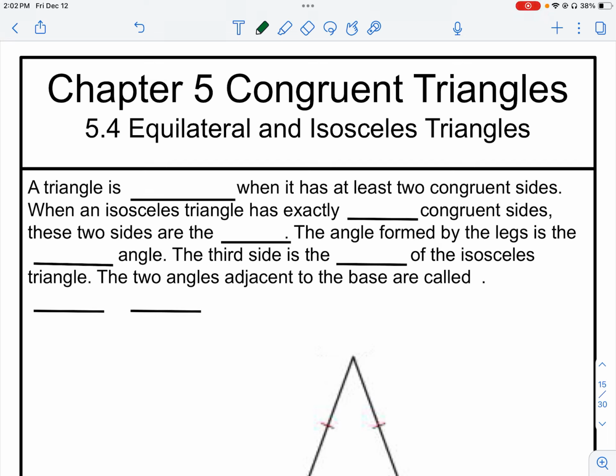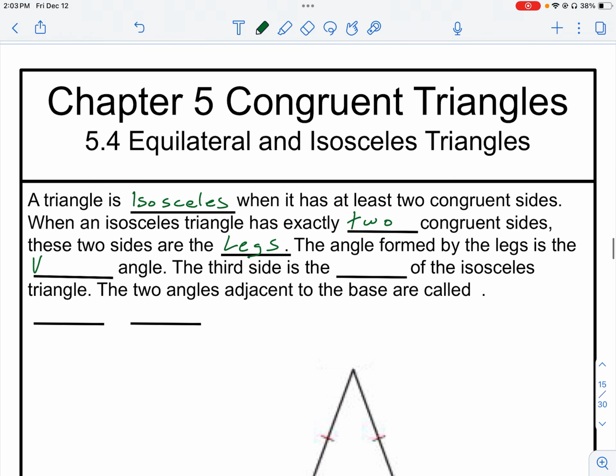All right, in this lesson we're going to talk about equilateral and isosceles triangles. So a triangle is isosceles when it has at least two congruent sides. When an isosceles triangle has exactly two congruent sides, these two congruent sides are called the legs. The angle formed by the legs is the vertex angle,